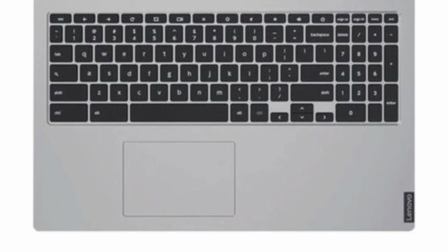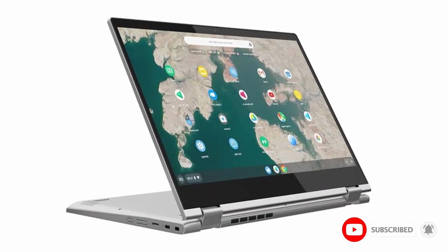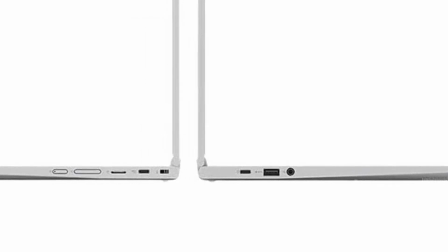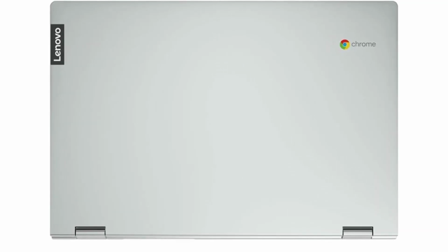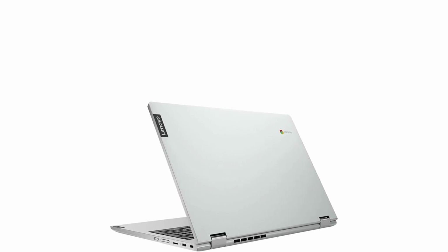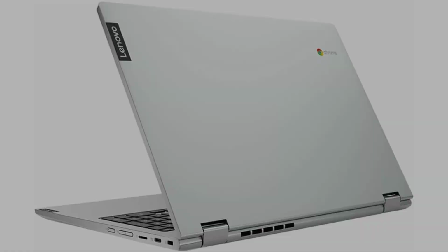PC at this price. A 3.4 GHz Intel Core i3-8130U processor and 4 GB of RAM provide plenty of power for multitasking, while the laptop supports 32 GB of onboard eMMC storage and a 128 GB microSD card. The 15.6-inch display also supports touch input, giving users the flexibility to switch between laptop and tablet modes. And the C340 promises 10 hours of battery life, so you should get through a busy day of email, presentations,